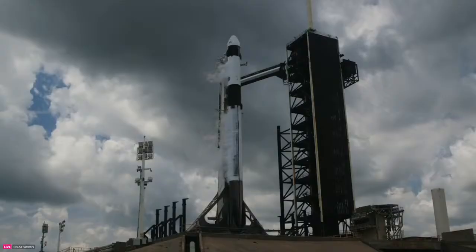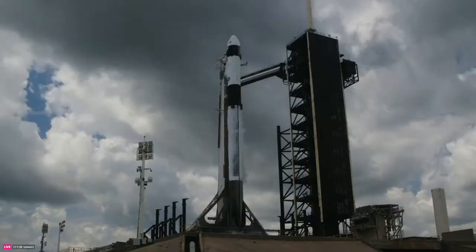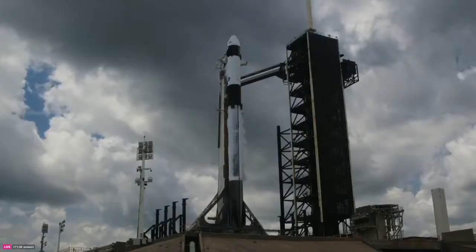And there you heard the call up to the crew that unfortunately the weather just not playing along with today's excitement of a launch for NASA SpaceX's Crew-11. But we have mentioned a couple times throughout the broadcast today that there are backup opportunities